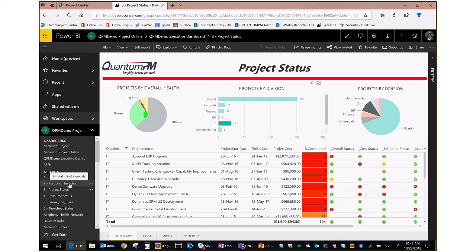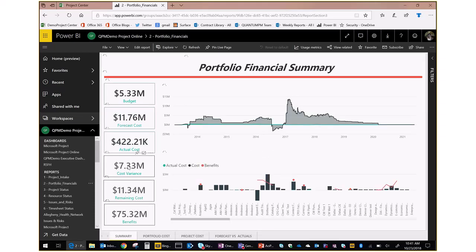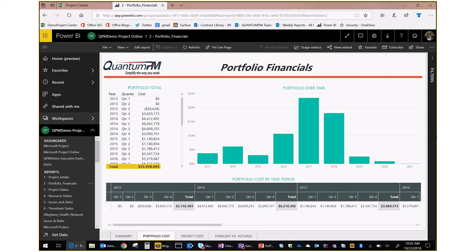Other things tend to have more of a trending type nature to them. I'll pull you into some of the financial data that might be in the system. So here's a cost versus actual over time. Interesting kinds of things. You know that there's a story behind this when you see this big downturn in this particular area, what was going on there, and then a huge burn rate at that point. So a lot of data, there's got to be a lot of information behind it in order for you to be able to tell that story. So different ways to do that is what's critical for it.